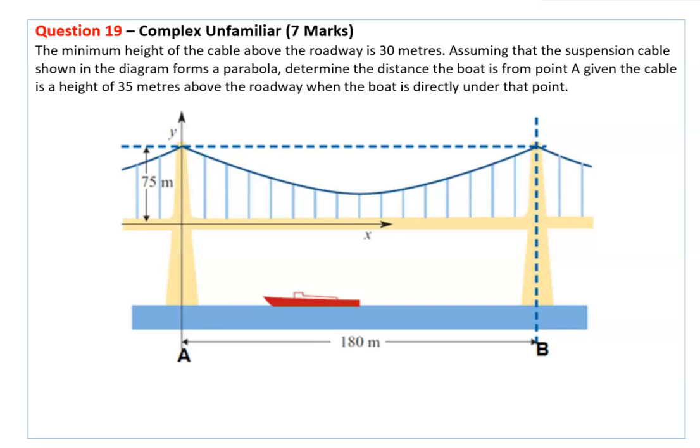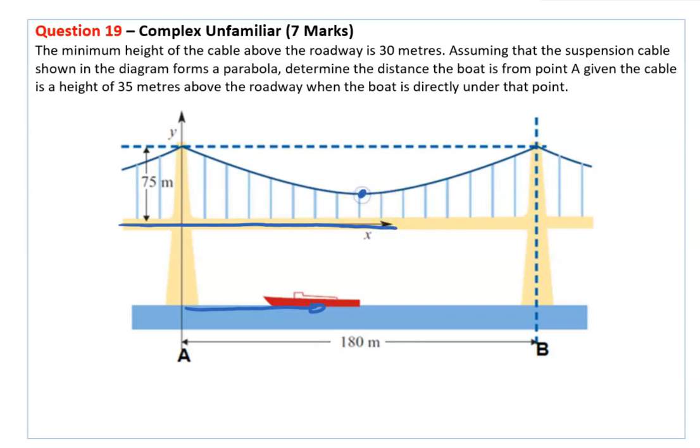The minimum height of a cable above the roadway is 30 metres. Assuming that the suspension cable shown in the diagram forms a parabola, determine the distance the boat is from point A, so some sort of distance here, given the cable is at a height of 35 metres above the roadway and the boat is directly under that point. So the minimum height of the cable above the roadway, so this is the roadway,